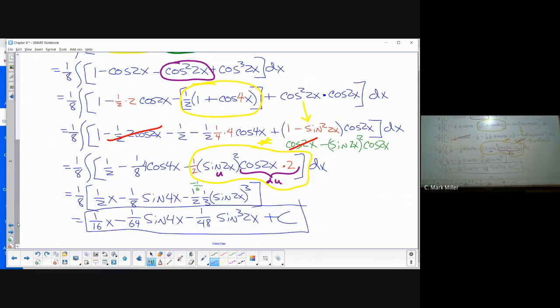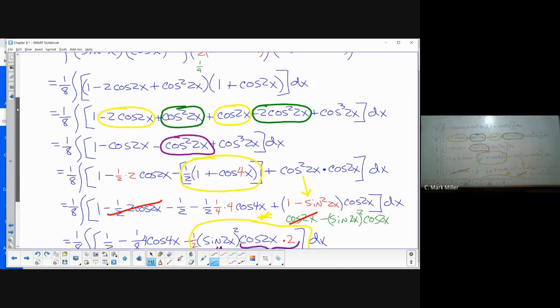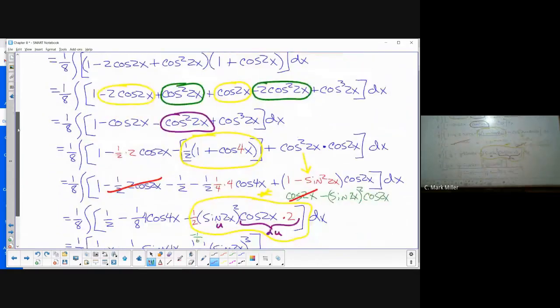Right. No chance. Your problem would end right there. Any of these yellow spots are the end of your problem if you don't know a certain thing, right? Okay, so